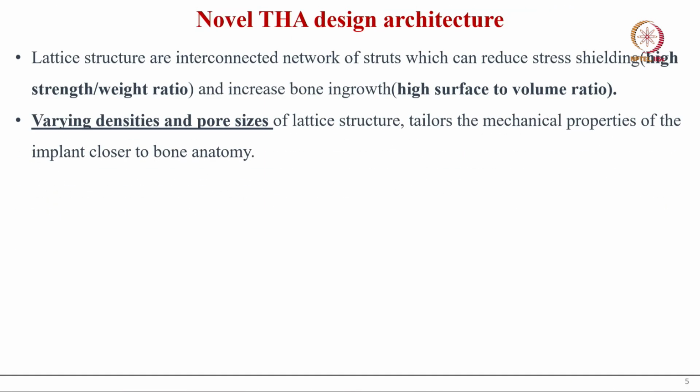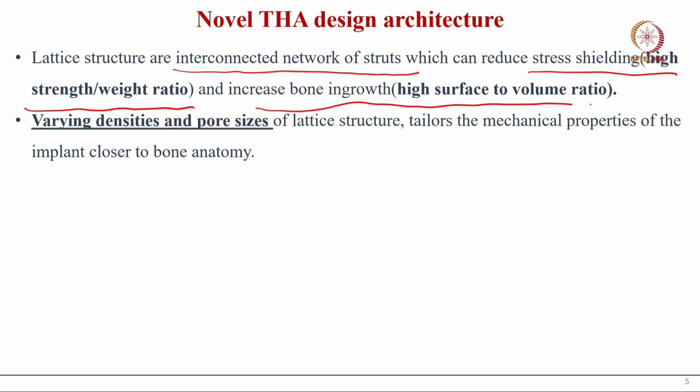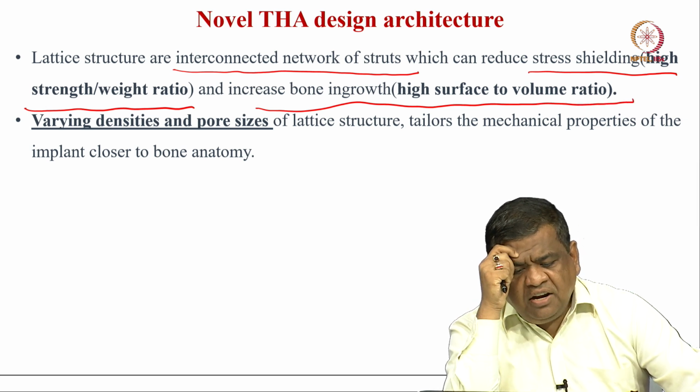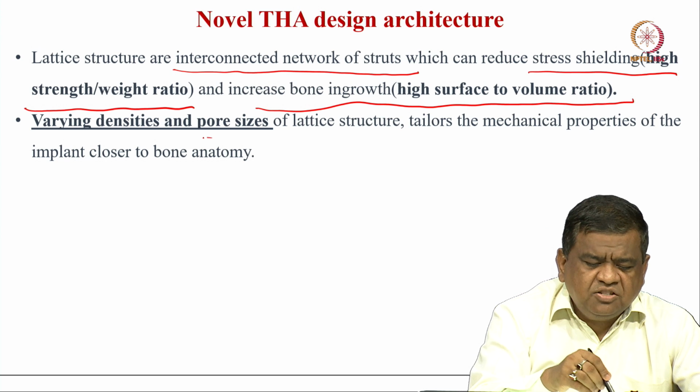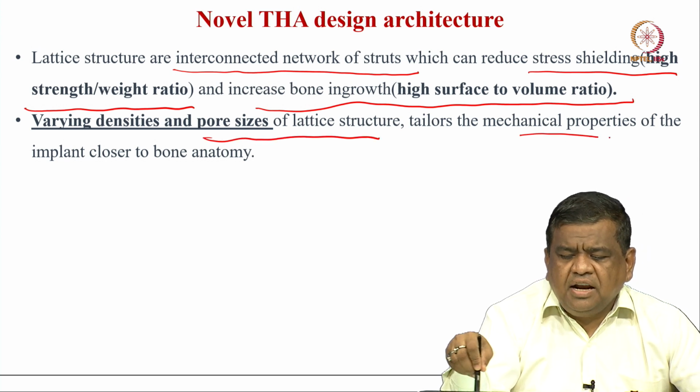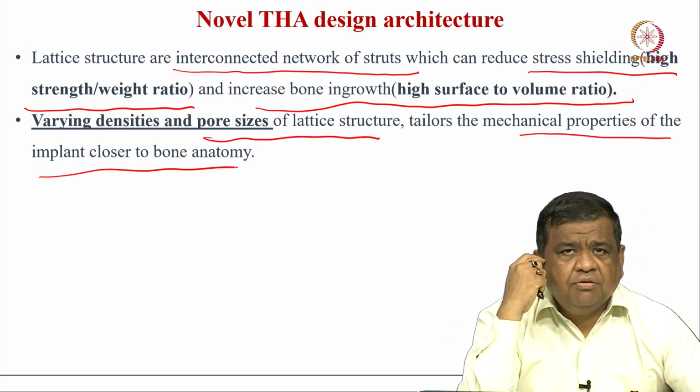What is a lattice structure? A lattice structure is an interconnected network of struts which can reduce stress shielding, with a high strength to weight ratio, and increase bone growth, because it has a high surface area to volume ratio. And varying densities and pore sizes of lattice structures tailor the mechanical properties of the implant closer to the bone